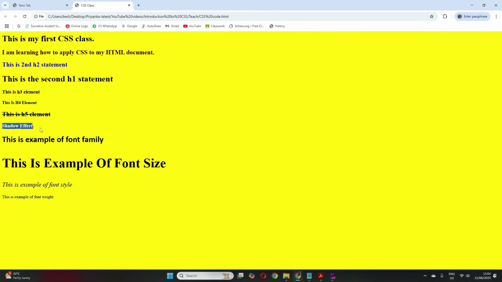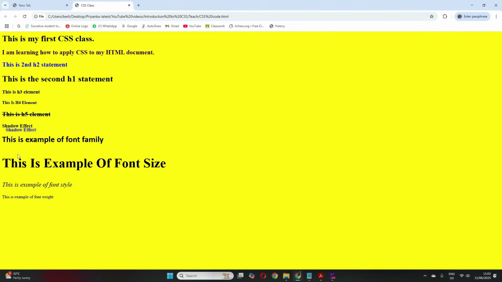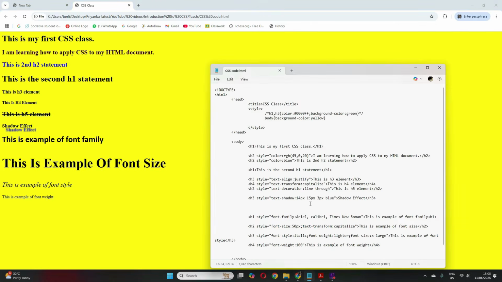Did you see how the shadow has turned up here? Blue in color, right? And the vertical and the horizontal distance you can also see. Basically the vertical and the horizontal distance is the shadow's distance from the text. These two are very important, you have to give them. If I increase the distance, I don't know how it will behave, but let me give a bigger number and see. Did you see it turned down? I increased the distance, so it is coming down.